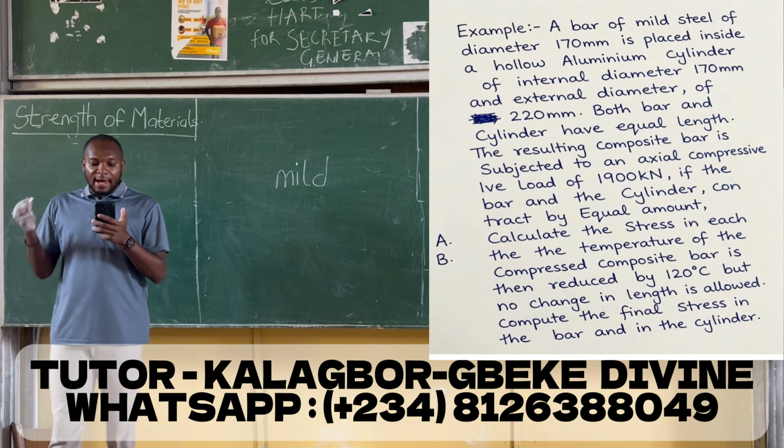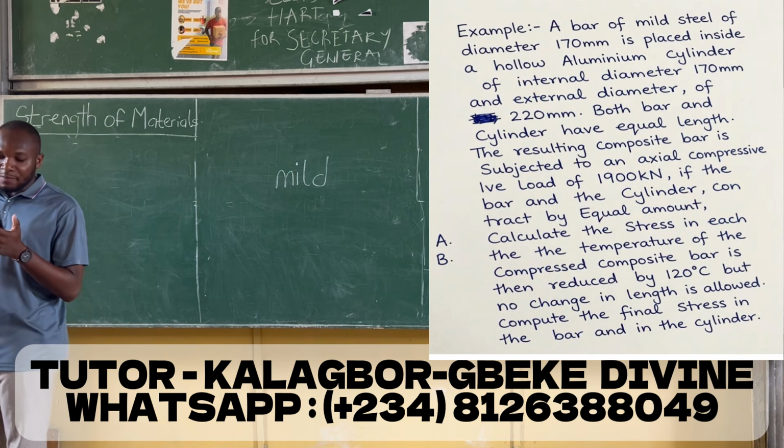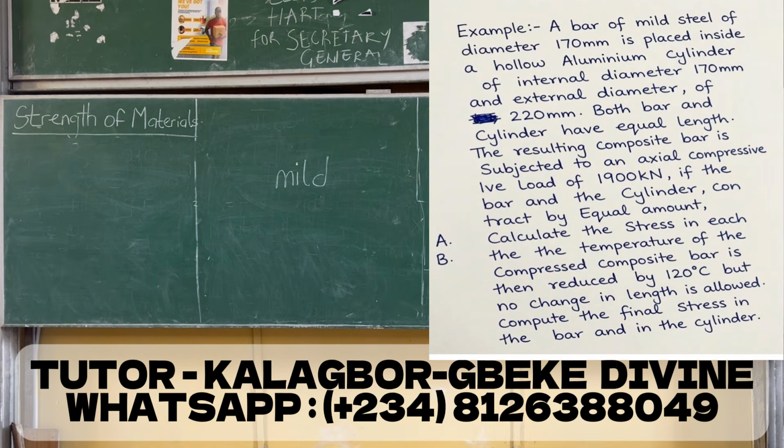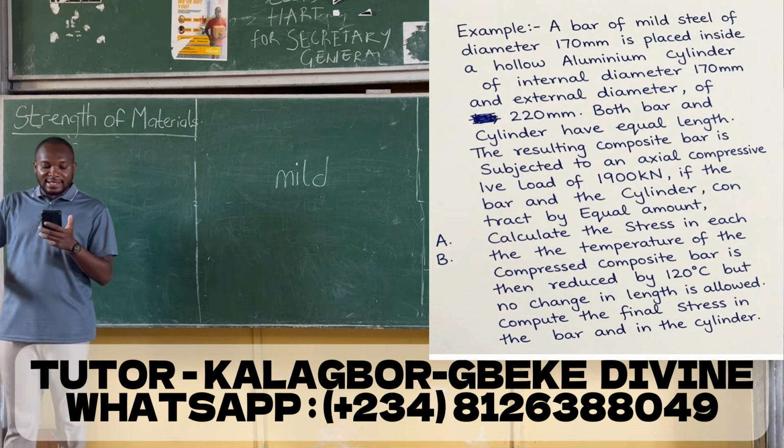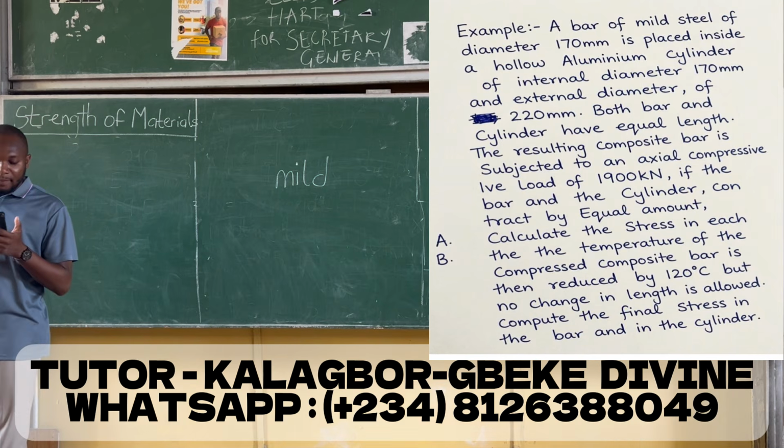I repeat, a bar of mild steel of diameter 170 millimeter is placed inside a hollow aluminium cylinder of internal diameter 170 millimeter and external diameter 220 millimeter,